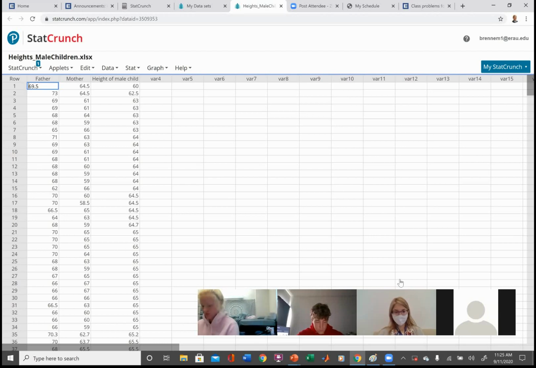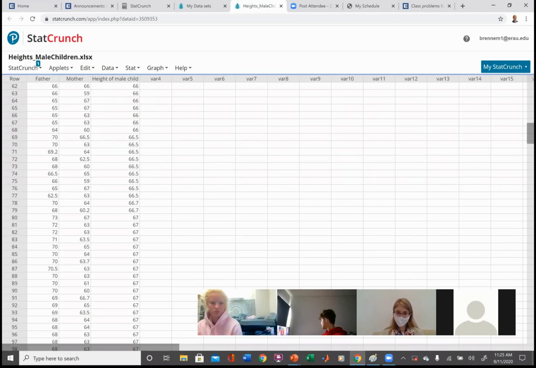Anna, what do you think an example for an invalid height would be if you were looking at this data set? Maybe a negative height, because no one can have a negative height. Negative height, or someone that was 12 inches tall, right? You would know that that's wrong. So here we're starting off at 60 inches, which is 5 feet. That looks okay. I'm just going to look through here, and I don't see anything obviously suspect.